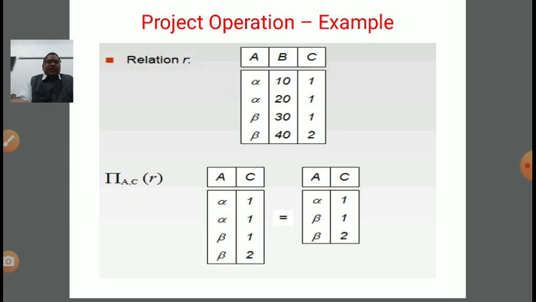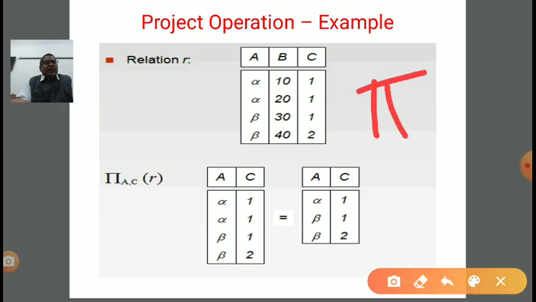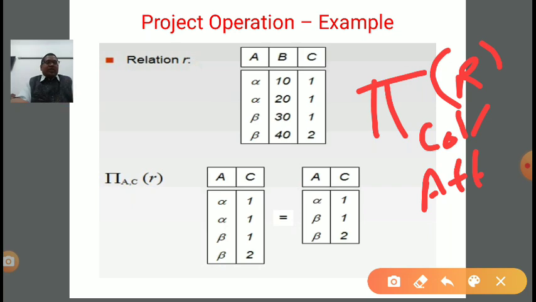So suppose in this case we want to pick column A and column C, the whole values of column A and the whole values of column C, full domain values, right? So in this case, the project operation will be applicable. So how do we write down the project operation? The notation, the symbol, is pi. At the suffix, we need to write down the required columns or attributes. Either we can write down columns or we can write down attributes, and in the bracket we need to write down the relation name. Okay, so this will be the symbol for the project operation.